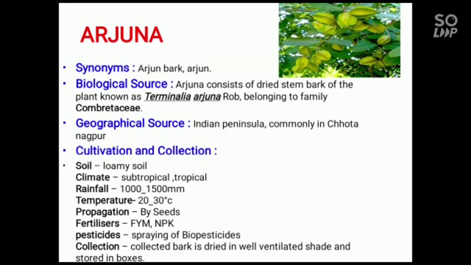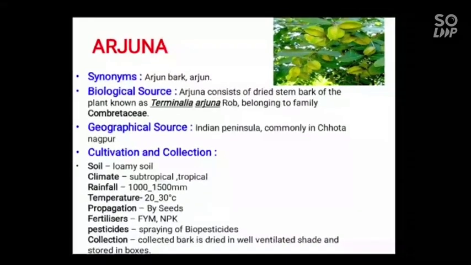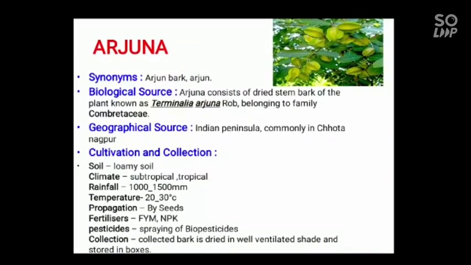Then the cultivation and collection. It requires loamy soil. Climate should be subtropical or tropical. Rainfall from 1000 to 1500 mm. Temperature should be 20 to 30 degrees Celsius. Propagation is done by seeds. Fertilizers used are FYM and NPK. Pesticides, spraying of biopesticides. Then the collection is done; the collected bark is dried in a well ventilated shed